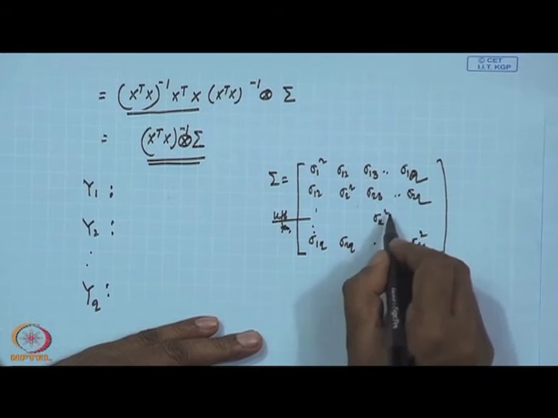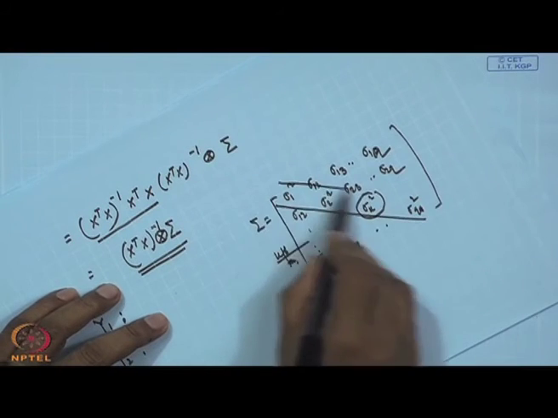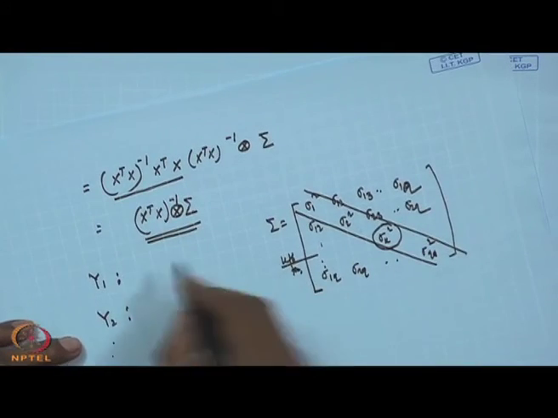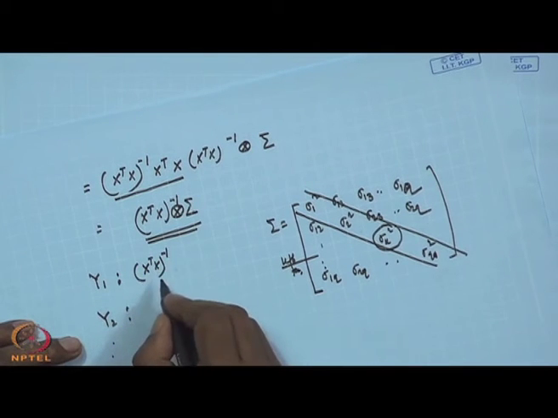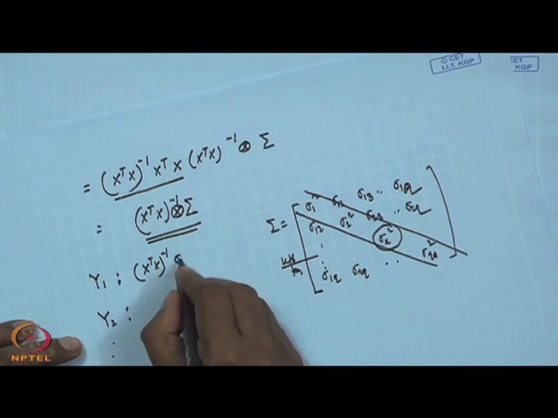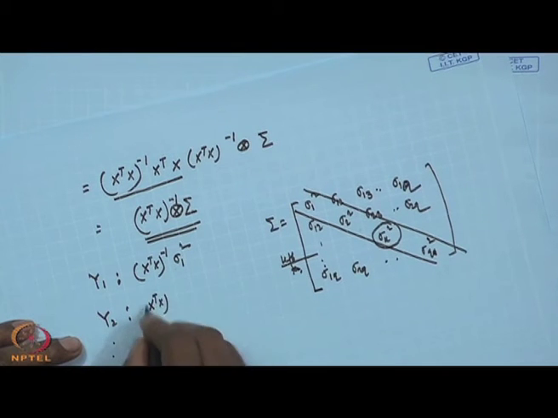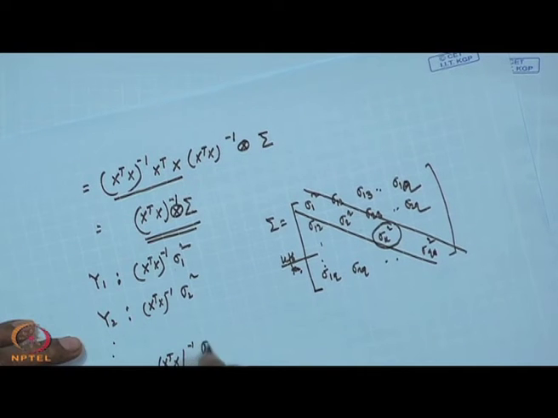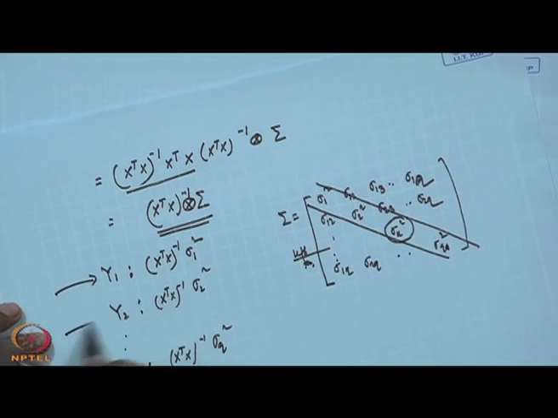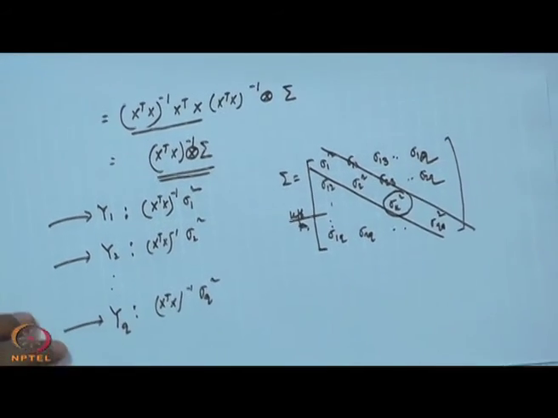Okay. So if I go by an individual y variable, for the kth variable, this diagonal element, I think you can still remember that in the univariate case we used x transpose x inverse sigma square. So that means sigma 1 square x transpose x inverse, sigma 2 square, like this x transpose x inverse sigma q square, when you talk about the individual dependent variable part. Okay.